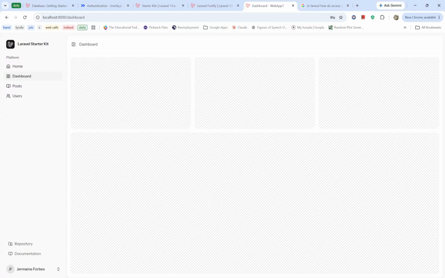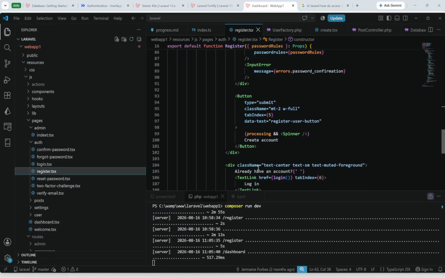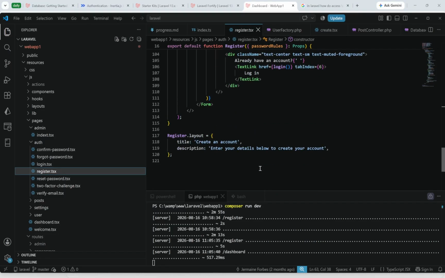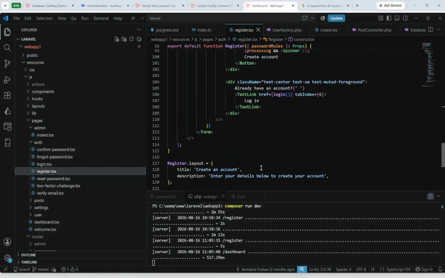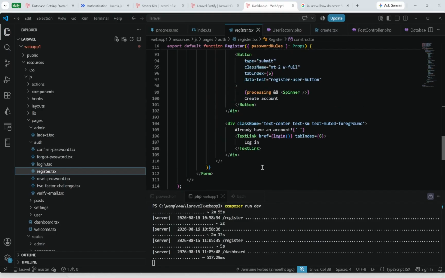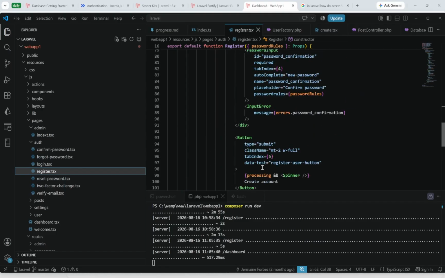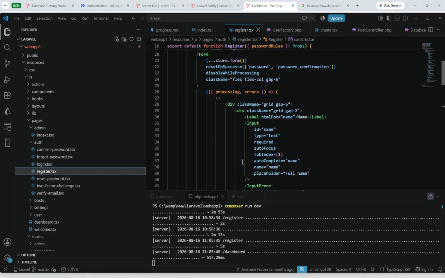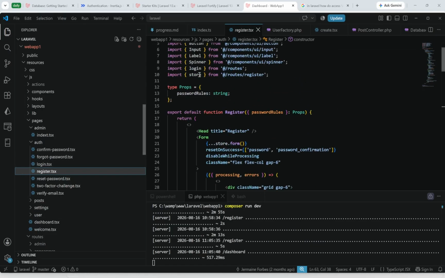But I want to customize it to the point where I don't go to the dashboard page, but I go to somewhere else. And that's very important. And I don't see here where the logic is, maybe it's in the routes where you go